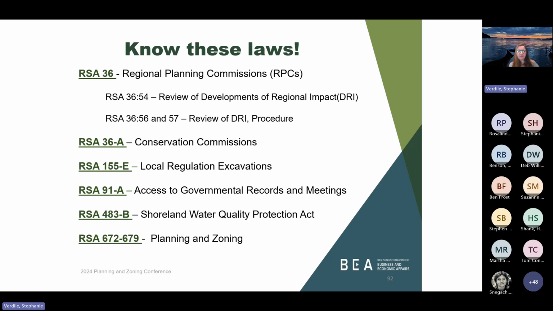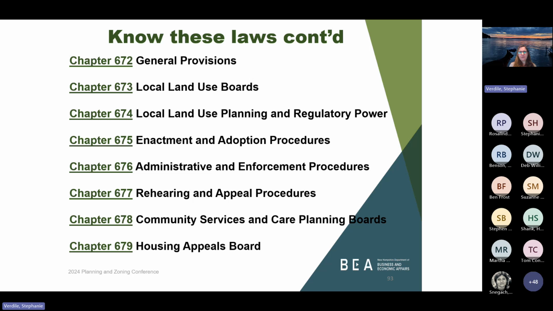And the RSAs that you will use the most are RSA 672 through 679. Those are the planning and land use laws. So as we go to chapter 672, that's the general purposes of the planning and zoning regulations. It has definitions there for planning boards to be aware of. RSA 673 describes the establishment of land use boards, again, the appointment of boards, general provisions for the meetings, and alternates. That's where you can find information for your rules of procedure.